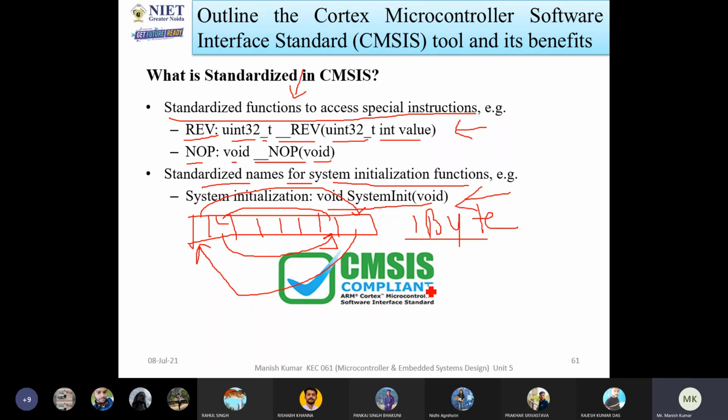Now we can see with the help of CMSIS, if you have any problem or any complaint, you can write for that. CMSIS is the ARM Cortex Microcontroller Software Interface Standard.